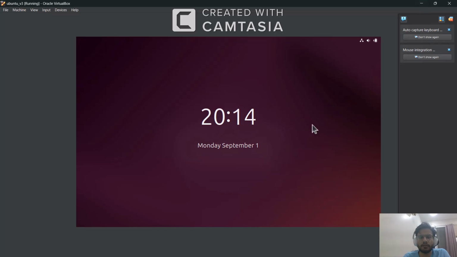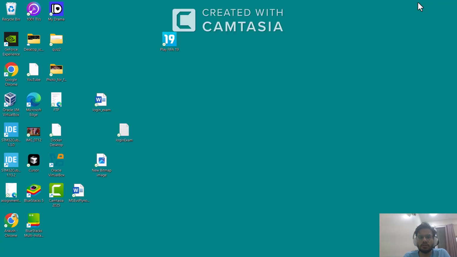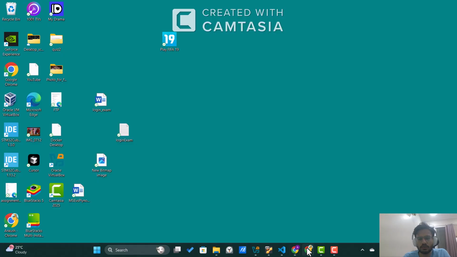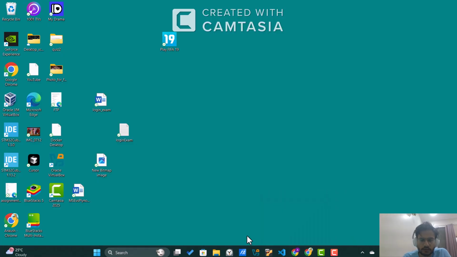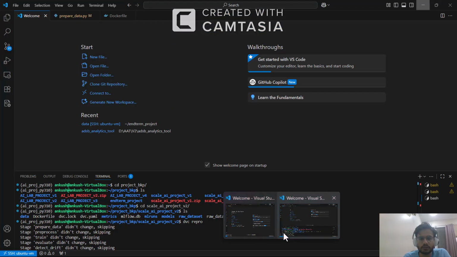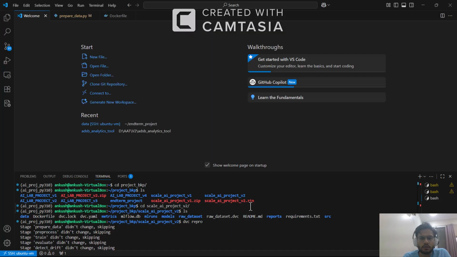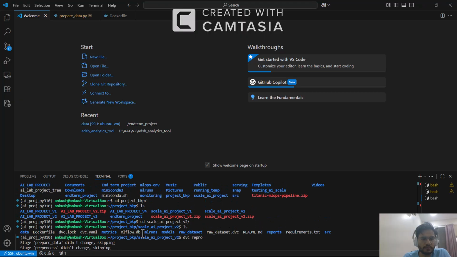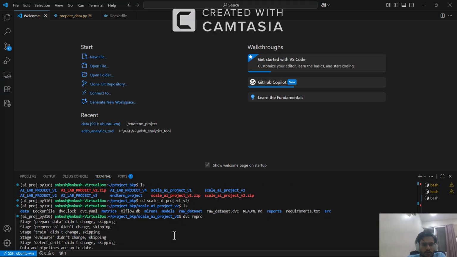So I have made a virtual machine because most of the libraries are not supported on Windows. So we have to go to a Linux machine to complete most of our tasks. So this is the remote SSH of my file where we have created a structure like data, Docker, DVC log, DVC YAML, metrics, and I have uploaded all the files in my Git repository. You can have a look